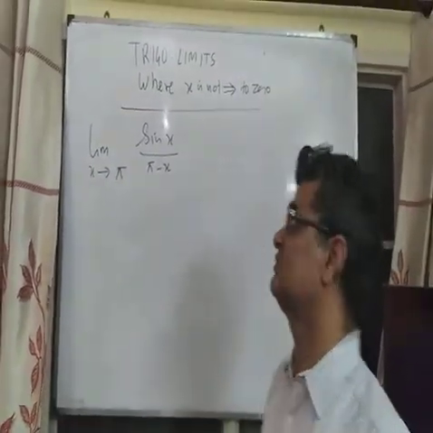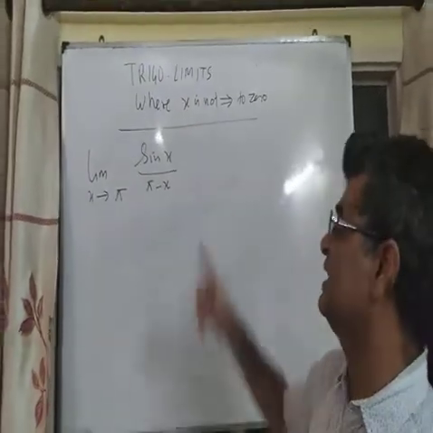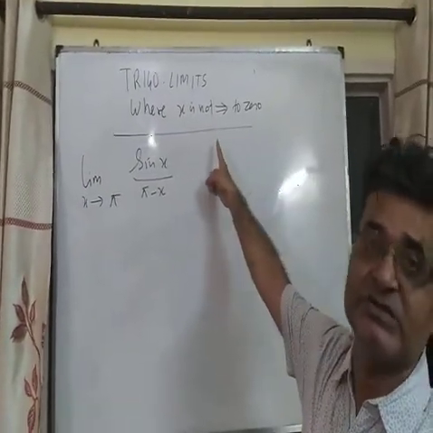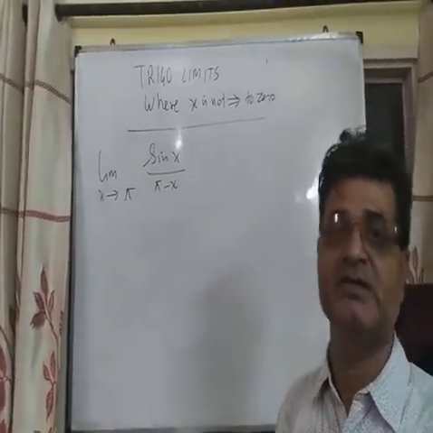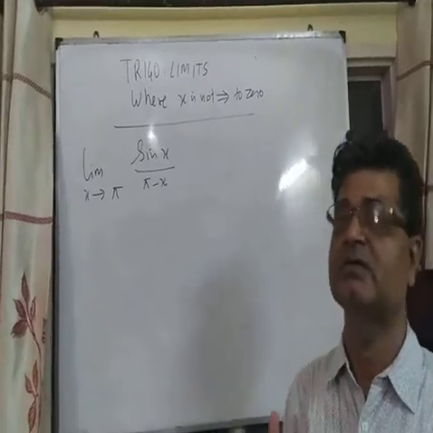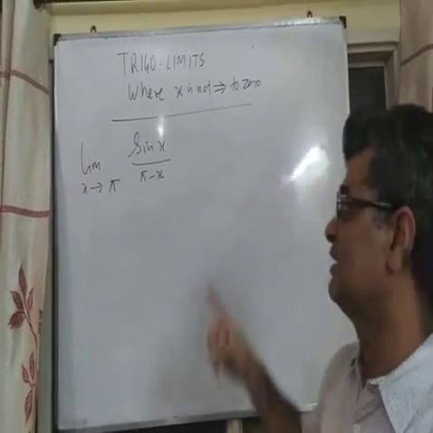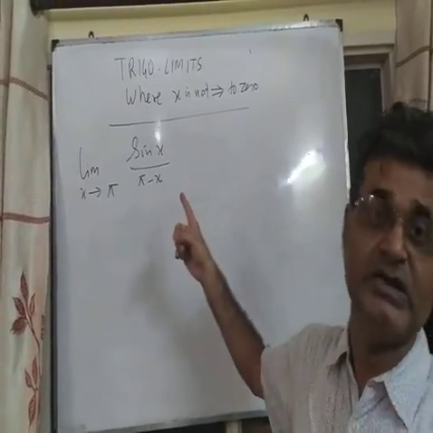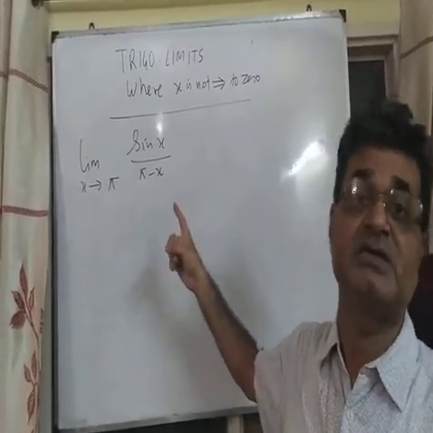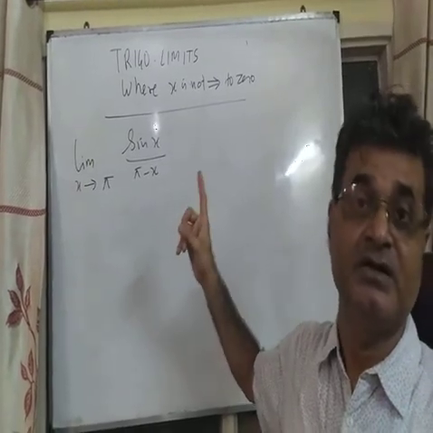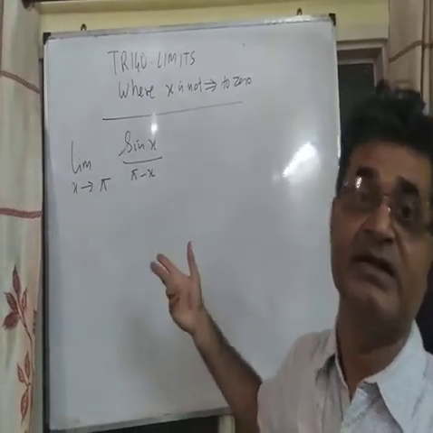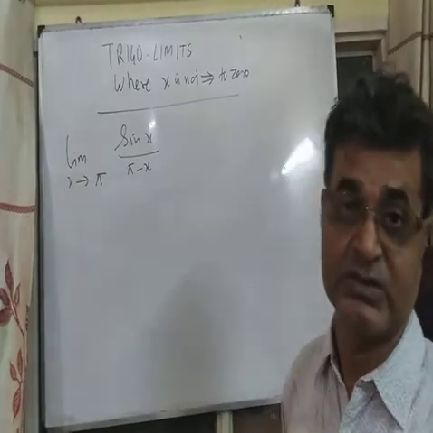Now we are going to solve some trigonometrical limits where x is not tending towards 0. In my previous video, you must have seen that we were solving the problems of the limits where x was tending to 0. But in this case, x is not tending to 0. Then how to solve these kind of problems? Please see the whole of the video till the end so that you can understand all the concepts including these questions.